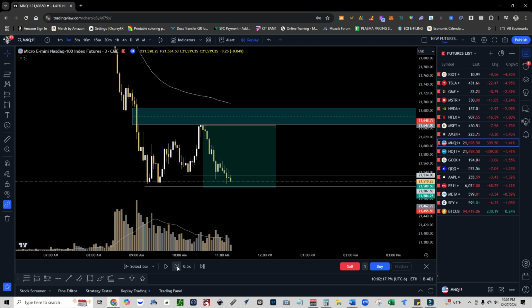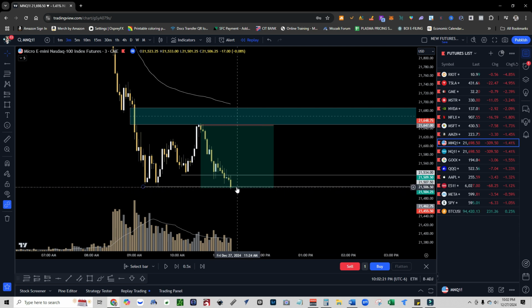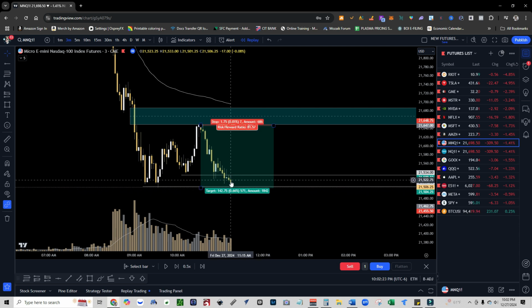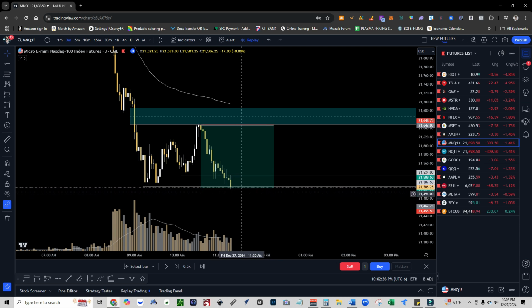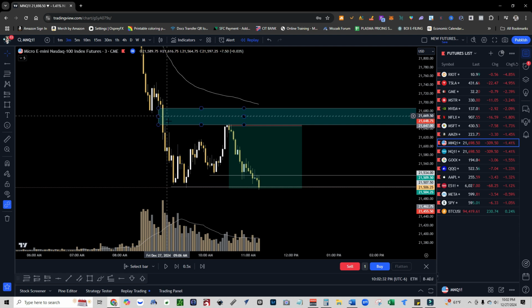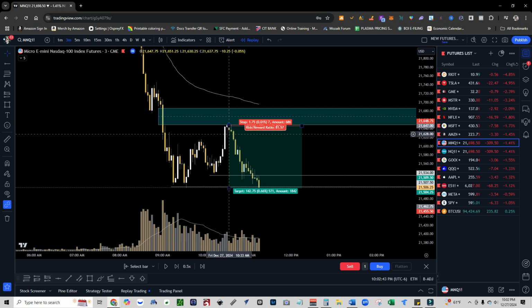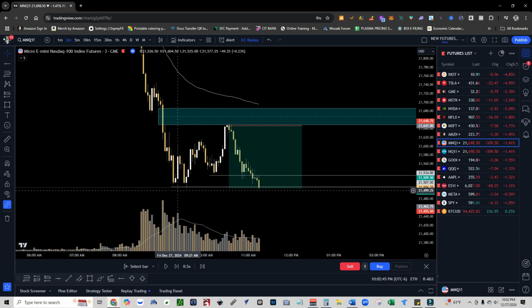Bouncing around a little bit, and right in there, boom, we smashed it, guys. So we hit that last take profit. So now we should be all out, or if you guys want to hold runners, you can do that too. But yeah, so that's how this longer term bearish fair value gap would set up. And like I said, this is on a 3-minute. It still works on a 3-minute, guys. You don't necessarily have to be on a 1-minute or the 30-second tick chart. You could definitely do it here on the 3-minute too, right?